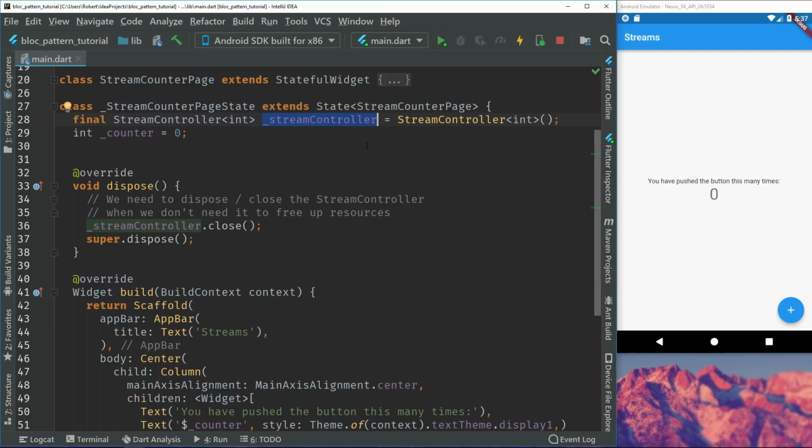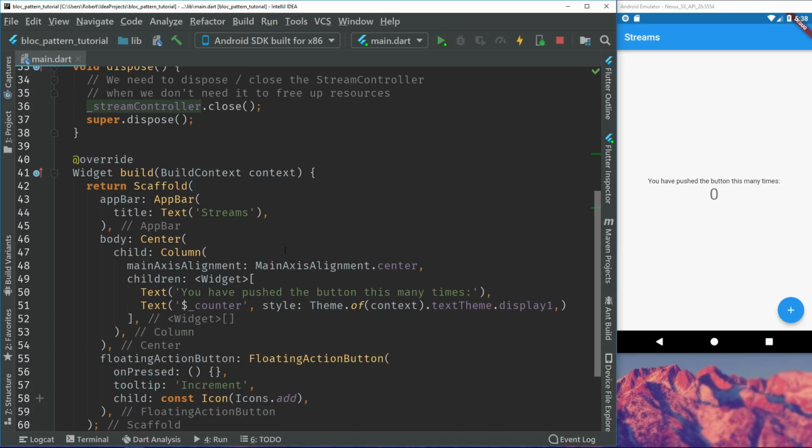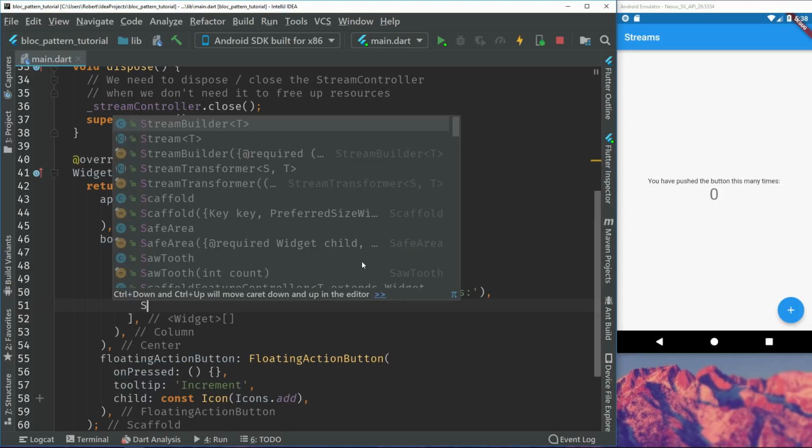So think of a stream controller like a pipe. On the left side we put in data, on the right side we get the data again. So for the left side we have something called sink, and on the right side we have something called stream. So just to give a better explanation, we will cut this out, and Flutter has a handy widget called StreamBuilder,